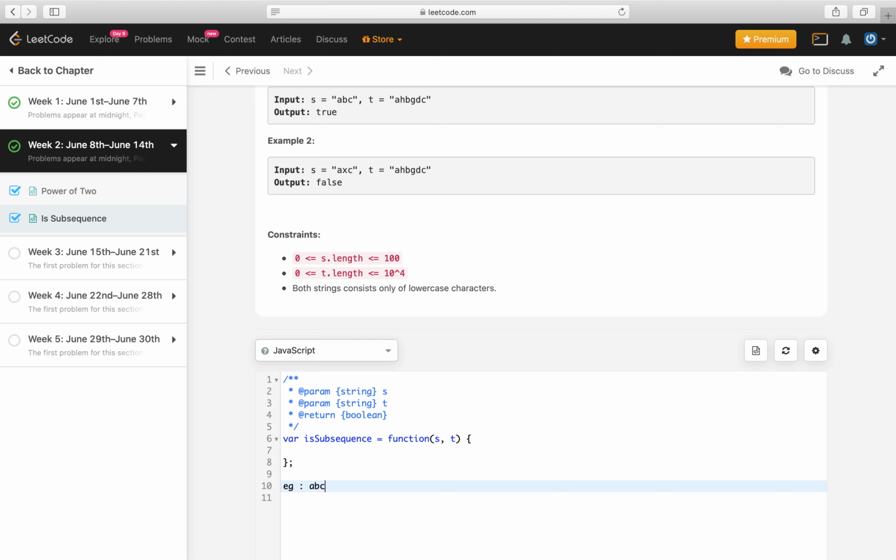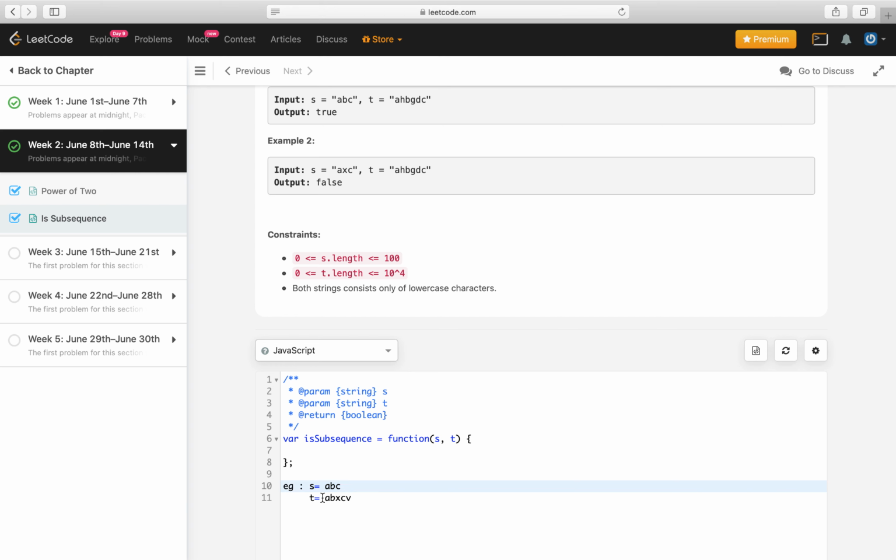S is equal to ABC, and t is equal to ABXCV.